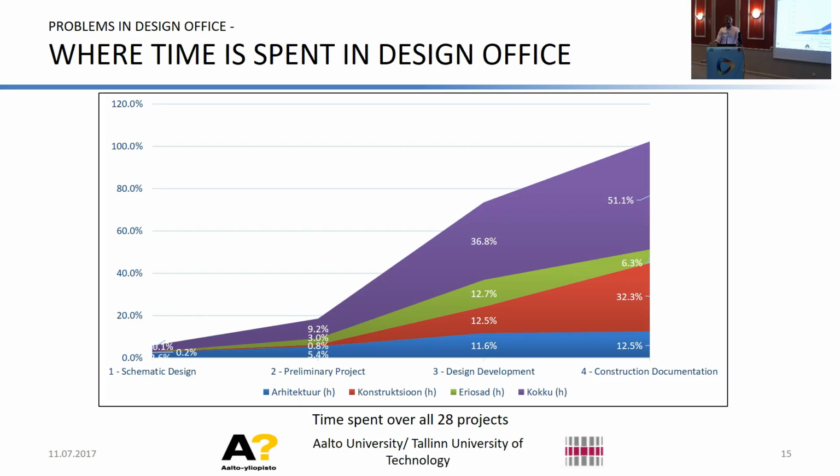This is where the company as a whole spends their time. And you can see that they spend their time on producing drawings and models in design development and construction documentation. Basically, you have nothing in the schematic design, and the other disciplines are almost not involved at all in the schematic design phase. And in the preliminary design phase, what the engineers typically do is just write a descriptive specification. Sometimes they don't even model or draw it.